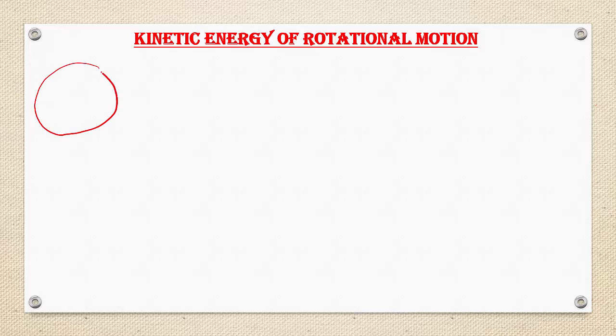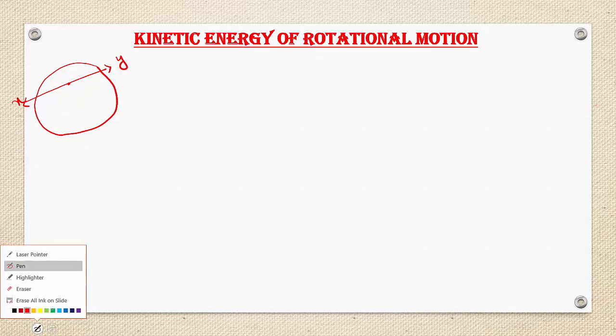Let us consider this is a rigid body of any shape you can take here. And this rigid body is fixed to the axis of rotation XY. XY is the axis of rotation. Let us take this is a point. Now let us consider this rigid body has only 3 particles. For calculation purposes, I am going to consider only 3 particles. The first particle is here, the second particle is here, and the third particle is here.